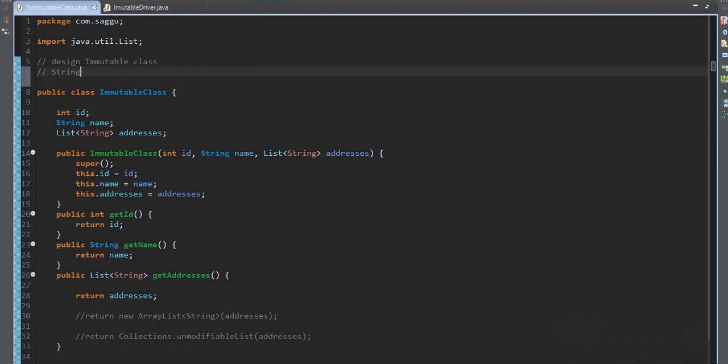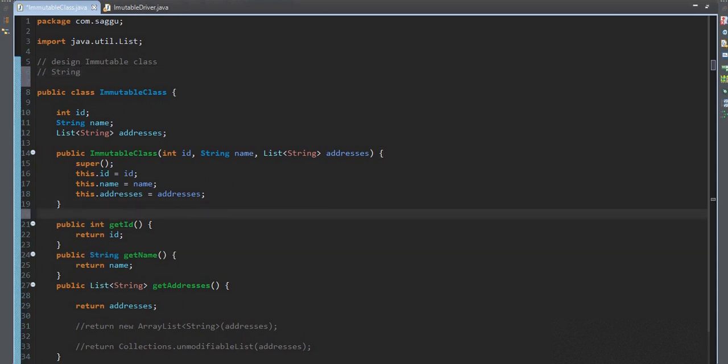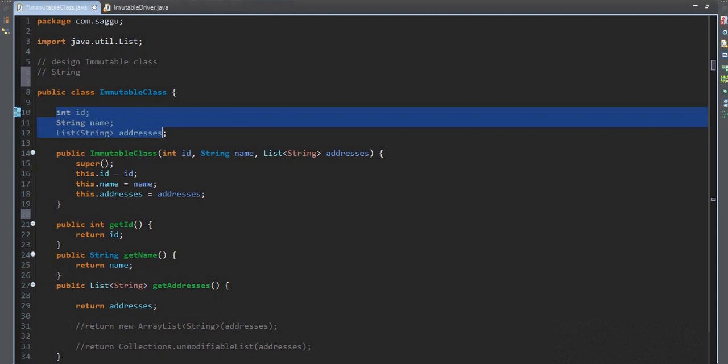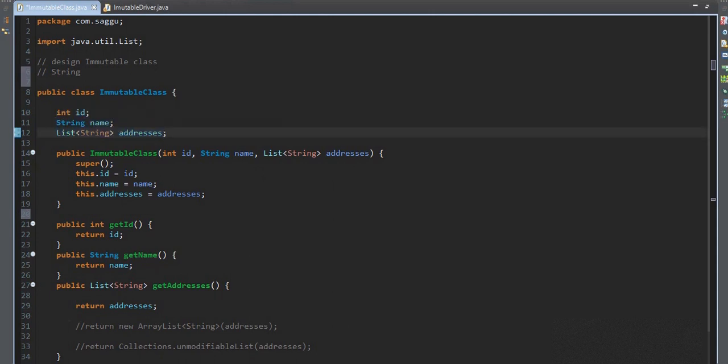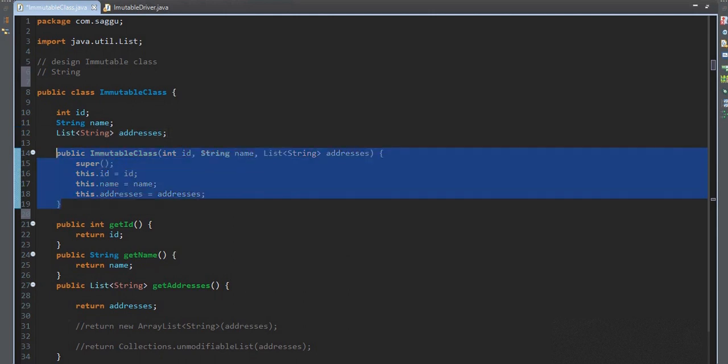Okay, so firstly we need a constructor, right? It would be public, so that we can initialize the object fields. We can pass the data to that object and set its values. So I have declared a public constructor.